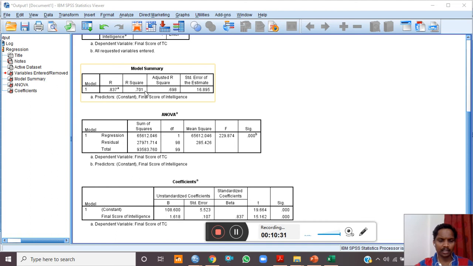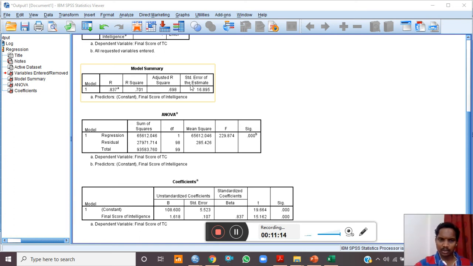Next it is R square, the coefficient of determination, and the value is 0.701, which says that 70.1% of the dependent variable, that is the teaching competency, can be predicted from the independent variable, that is intelligence. Let me repeat, by R square we mean that 70.1% of teaching competency can be predicted by the intelligence.